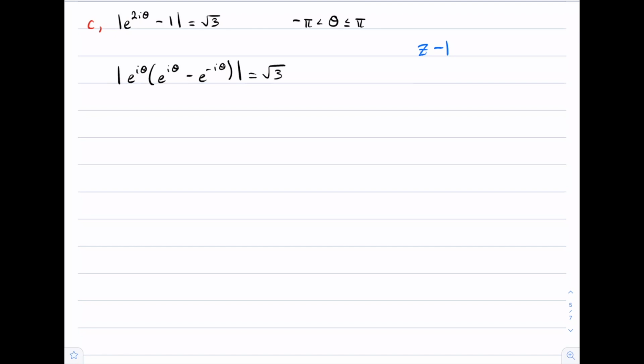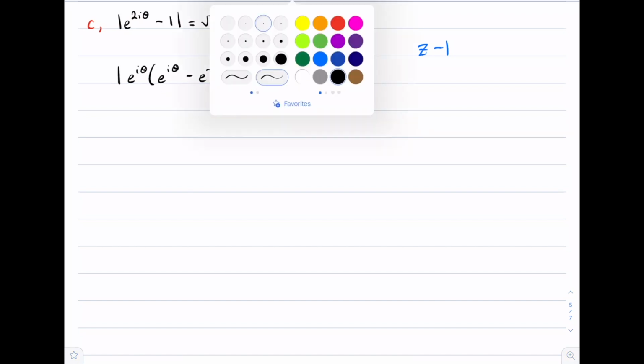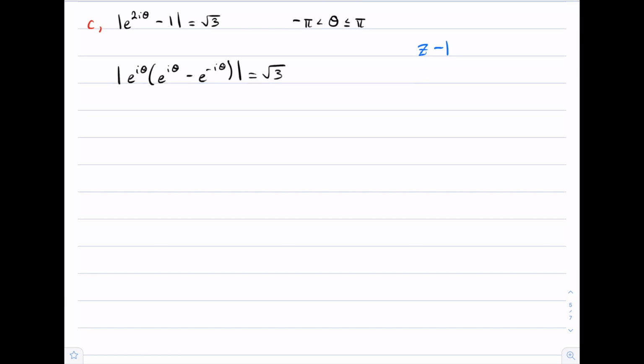Now, the advantage of doing that is we get this result popping out. And hopefully you're confident enough with your complex numbers to recognize this as some complex number minus its conjugate. And we know that that's going to be 2i times the imaginary part of the complex number. And what's the imaginary part of this complex number? Well, that's just going to be sine theta. So this is really 2i times sine theta. So I can rewrite that little expression in there as e to the i theta multiplied by 2i sine theta